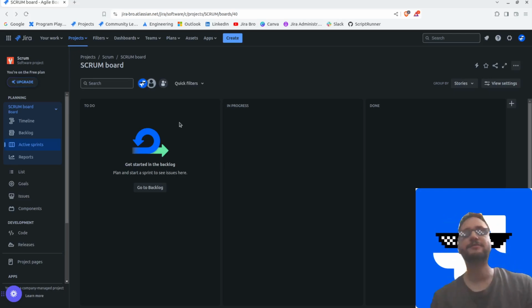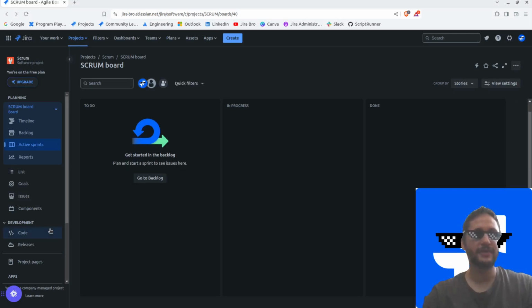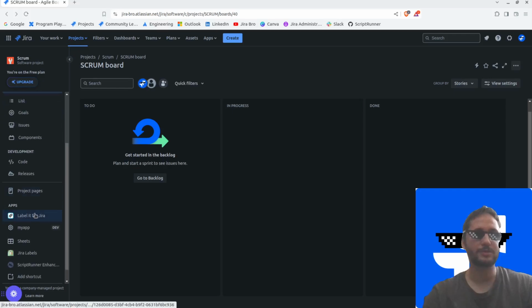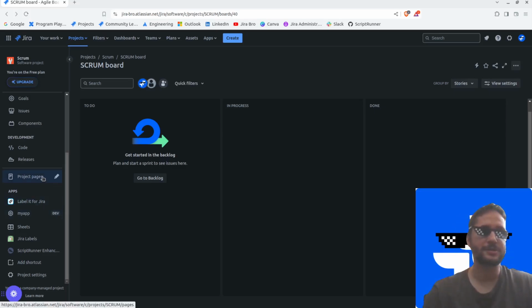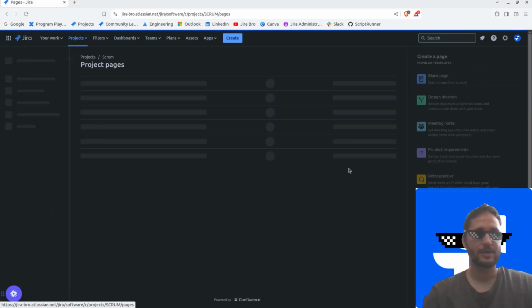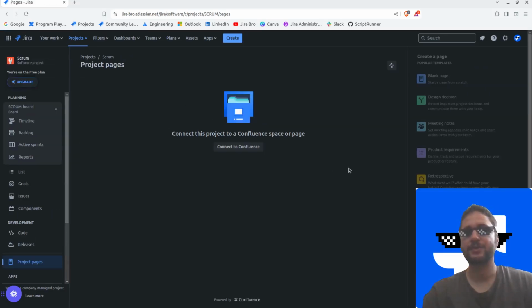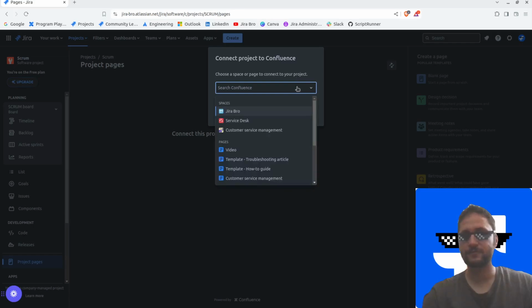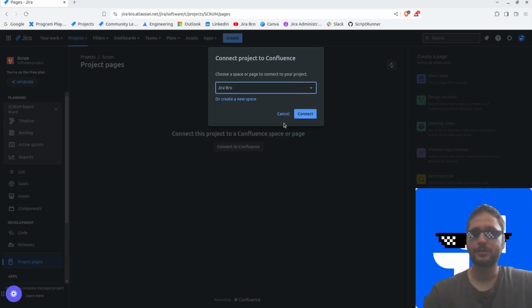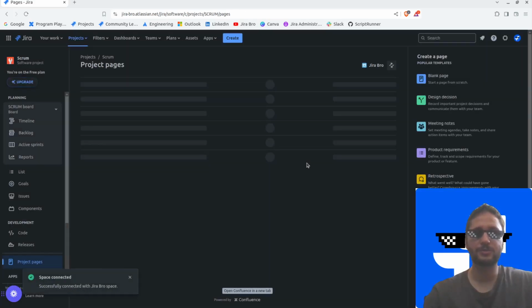Once you add your products, then you'll be able to add the pages. How do you add the page? You go to your project, and you're gonna see the project pages here. You click on them, and you're gonna connect this project to a Confluence space or a page. I'm gonna say connect to Confluence, and I'm gonna go with spaces. Here are some of the spaces. I'm gonna say, you know what, I want to connect my Jira Bro space here,